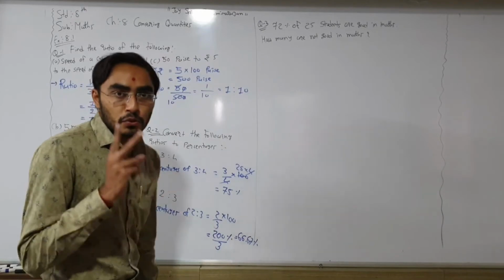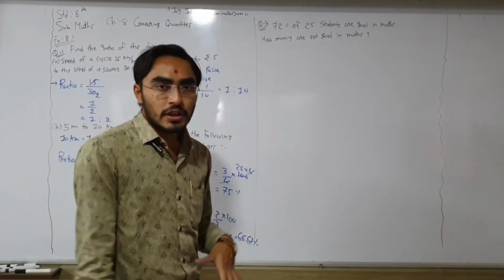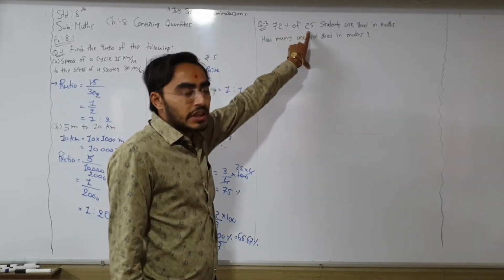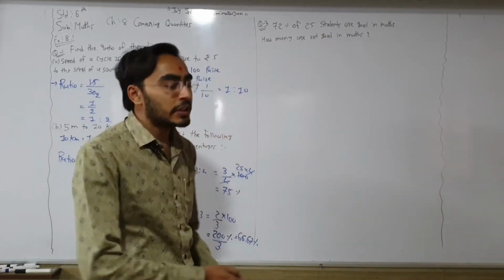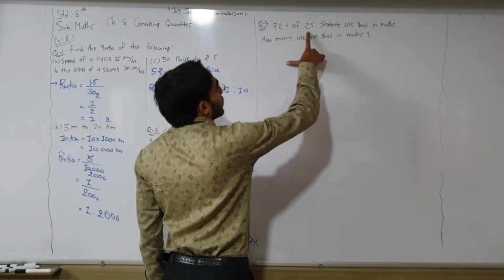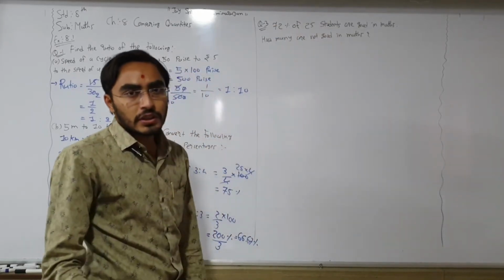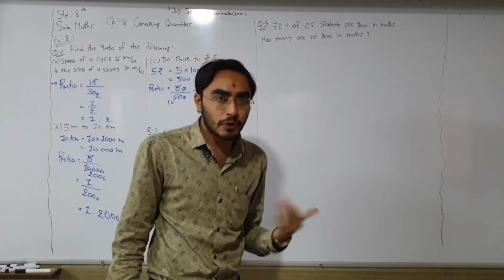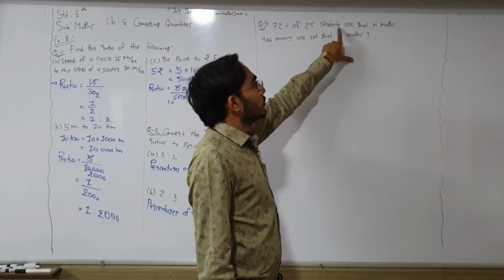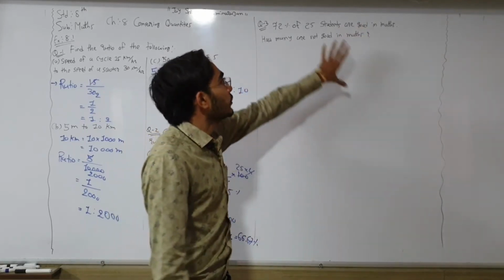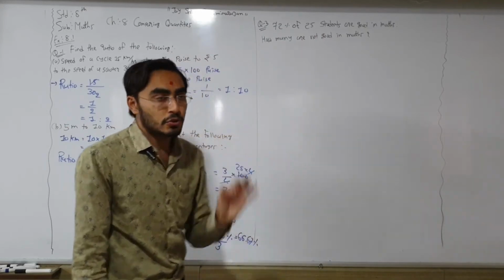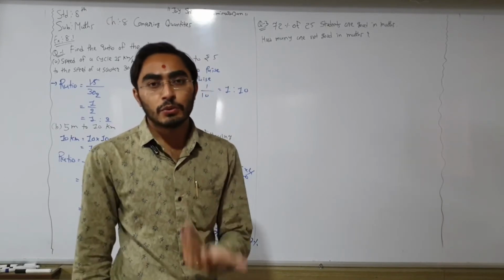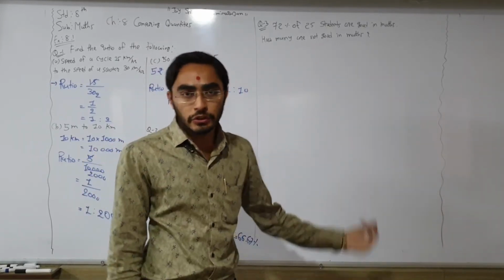So students, here we have two ways to solve this question. First way, now 72 percentage of 25. If we simplify this line, 72 percentage of 25, by simplifying this we can get the number of students who are good in maths. After that we can subtract it from 25. जितने भी स्टूडेंट्स मैथमेटिक्स में अच्छे हैं उनको हम 25 में से सब्ट्रैक्ट कर देंगे, तो बाकी जो बचेंगे वो कैसे होंगे, who are not good in maths. This is first way.